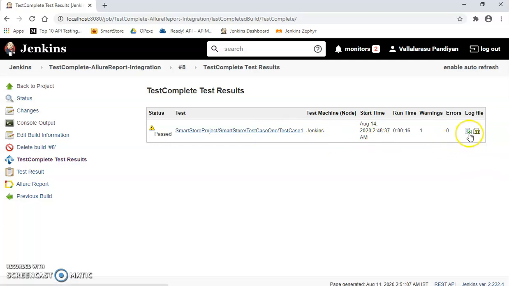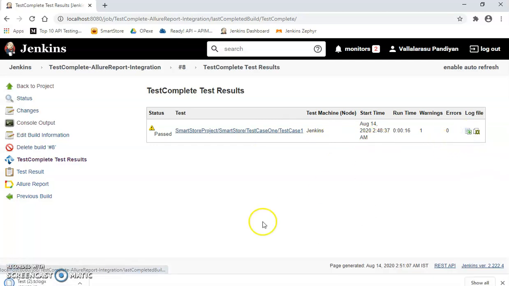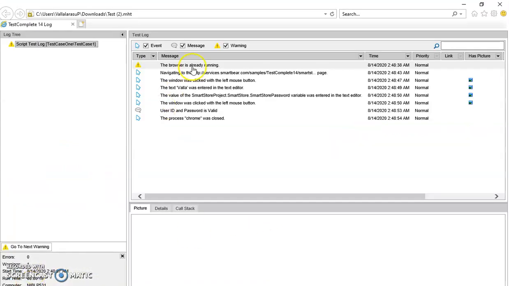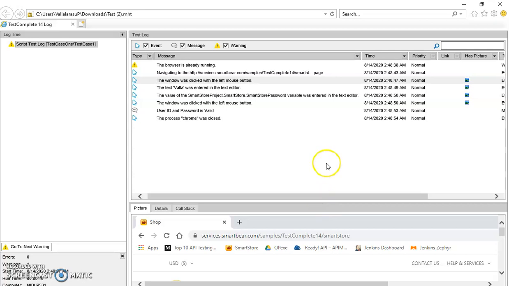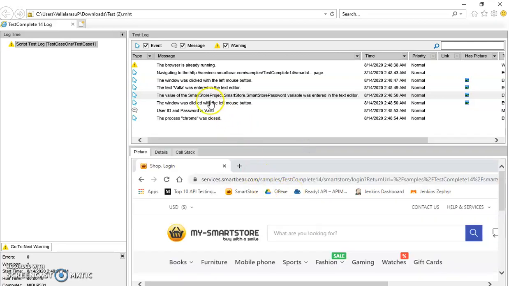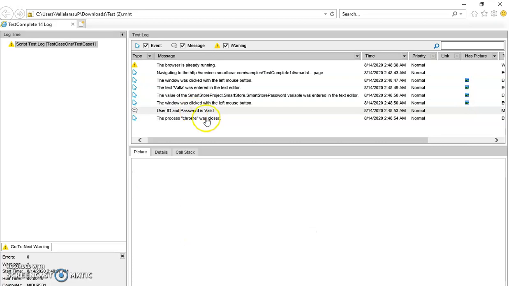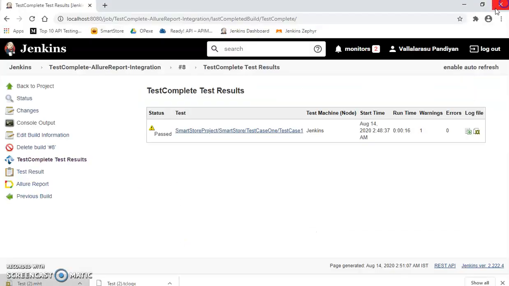Here I'll be able to generate the TestComplete default file structure of TC logx, and also download the MHT file, which is TestComplete's default reporting structure. This is the test which has been successfully running, and this is the TestComplete MHT report that is also getting generated, and for every step it also generates the screenshot.